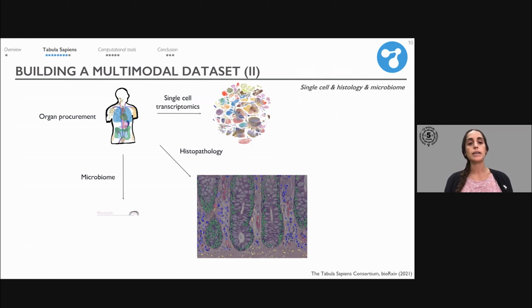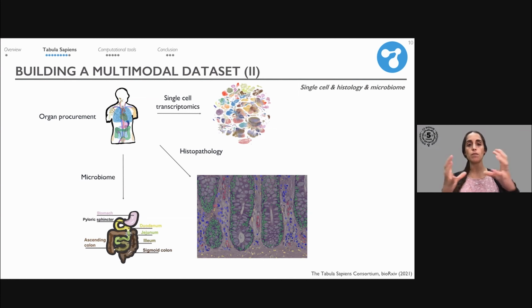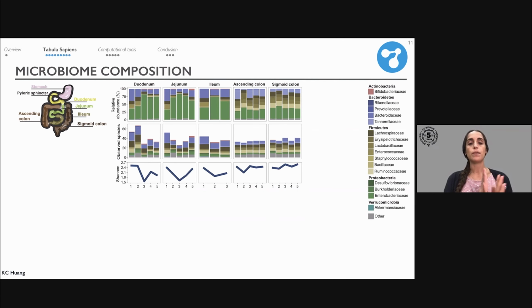And another modality that we thought would be complementary, and really rounding up the atlas for Tabula sapiens, is the microbiome. If we can go on the next slide, please. I'm going to go very briefly in here. But we looked at the diversity of the species across 5 regions of the intestine. And what we found, if we can go on the next slide, please, is that